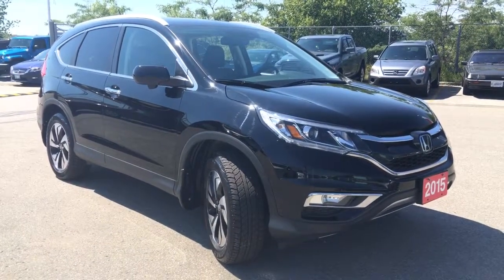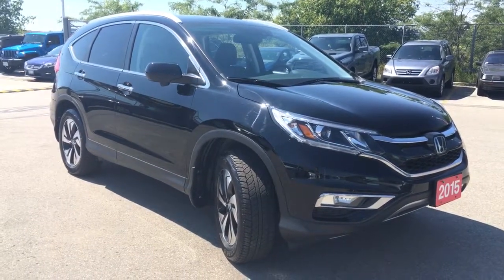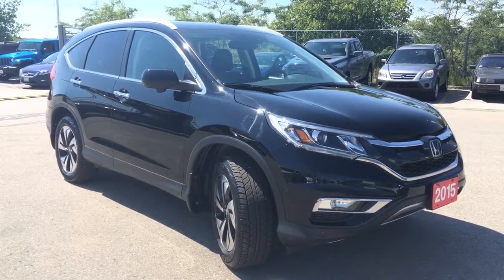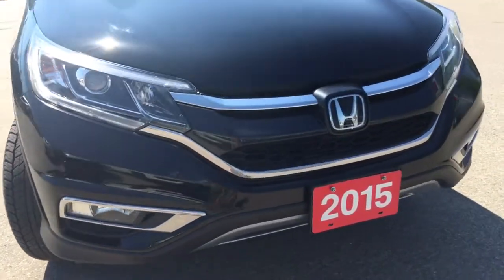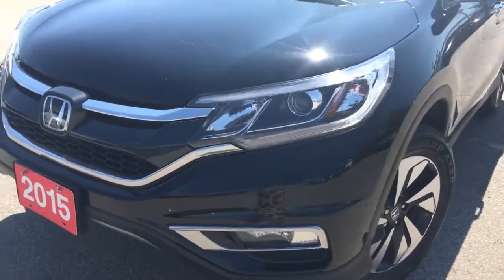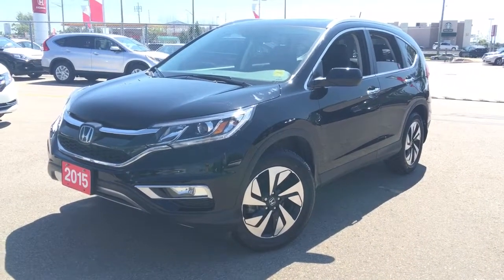It's Kristen Fry with WHITBY OSHAWA Honda, and we've got a beautiful 2015 car-proof clean Honda CRV in the Touring trim level with all-wheel drive sitting before us in a crystal black pearl exterior. Equipped with projector beam halogen headlamps, you're also going to get these great looking fog lamps, tons of chrome detailing, as well as a 2.4 liter i-VTEC 4-cylinder engine, giving you just about 190 horsepower and just under 180 foot-pounds